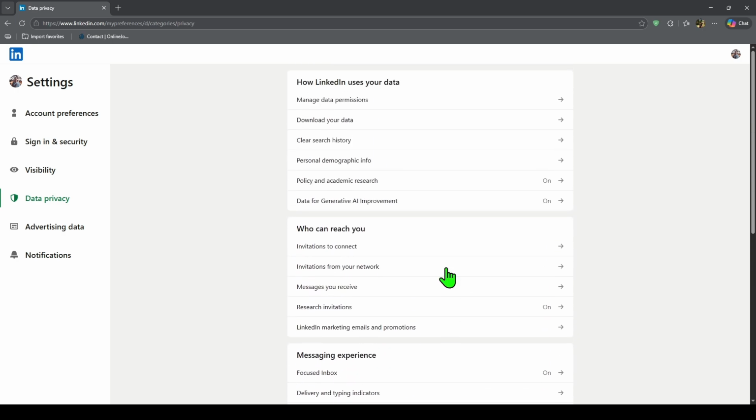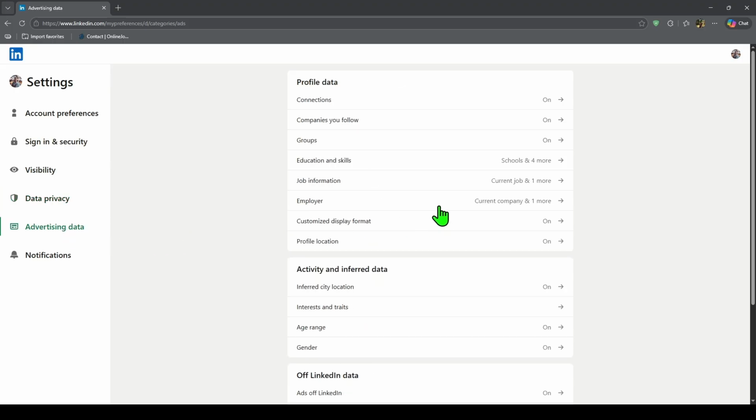If your concern is your public profile, LinkedIn has separate public profile controls. LinkedIn says your public profile is a simplified version of your full profile, and you can decide which eligible sections are shown publicly. That means you can limit what non-LinkedIn visitors or search engines may see. There are also sections for ads and communications, which let you adjust ad-related preferences and how often LinkedIn contacts you. So if you want fewer emails or want to review ad settings, those can be changed from the same Settings